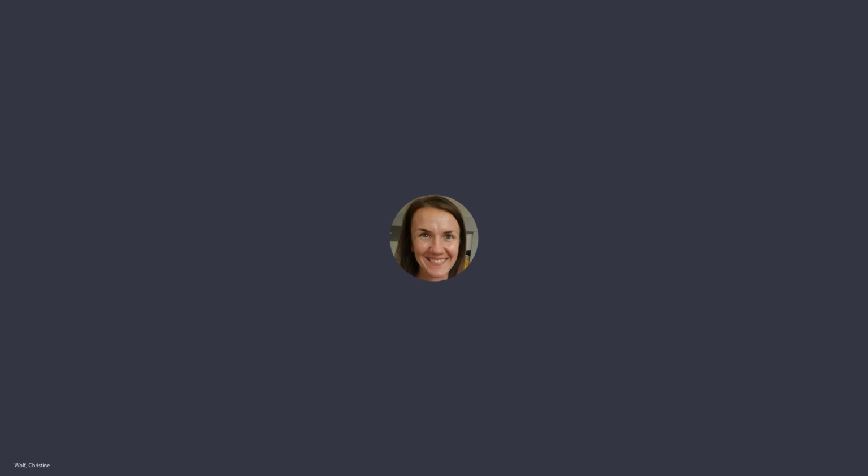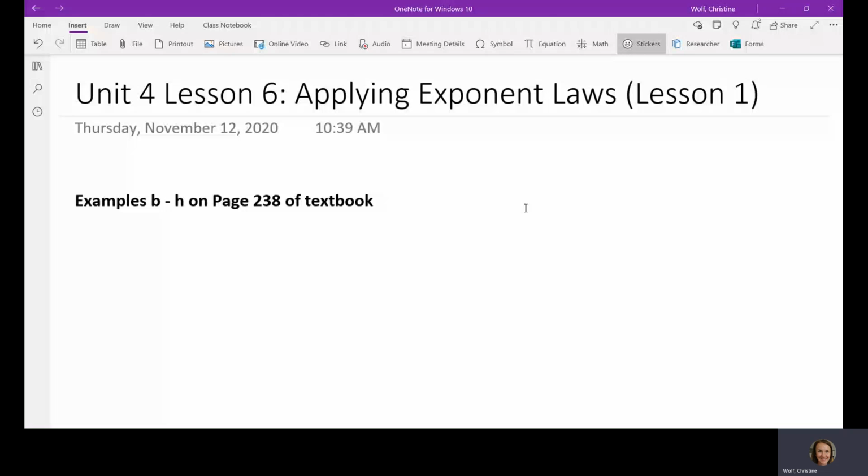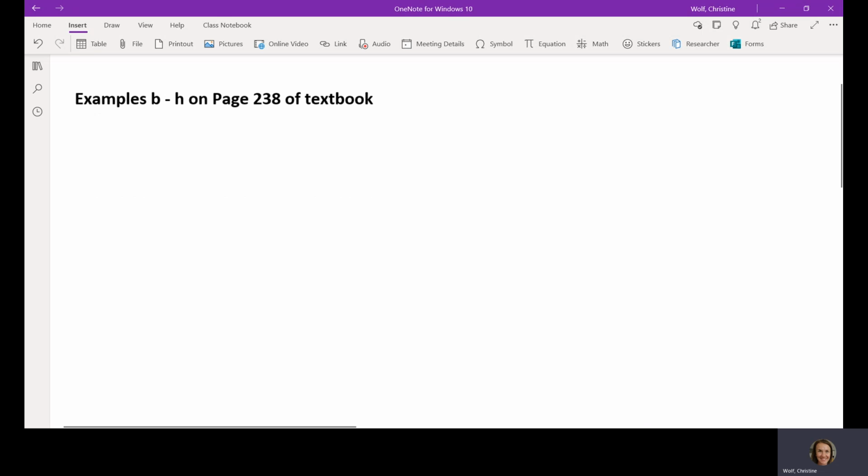Okay. So, exponent laws. Before we start doing the examples in the textbook, we are going to review exponent laws, 3 of them that you would have learned in grade 9. Okay, I'm sure your teachers taught it to you. You've all had wonderful teachers in grade 9. Exponent law number 1